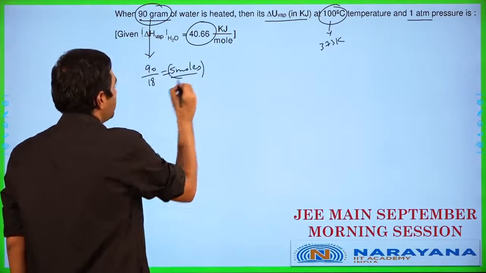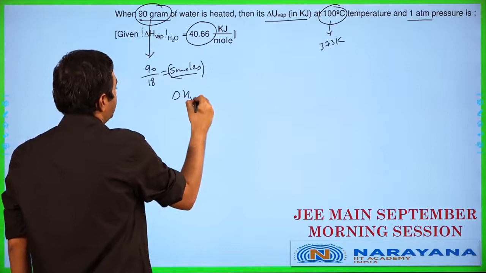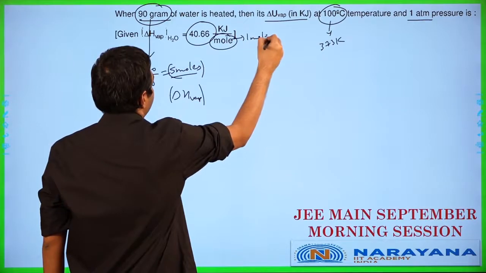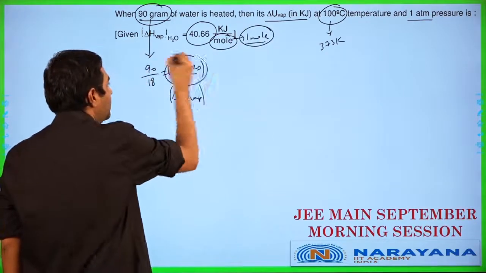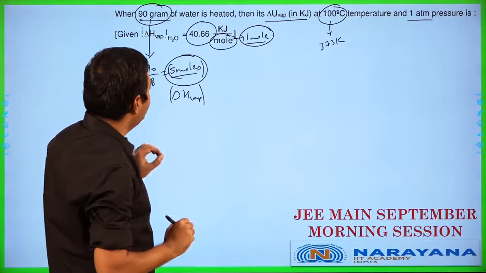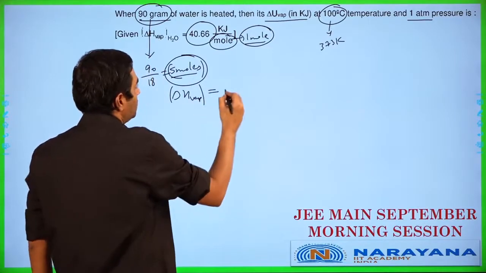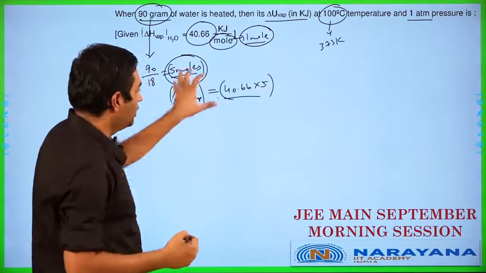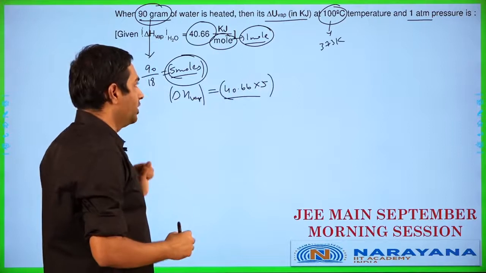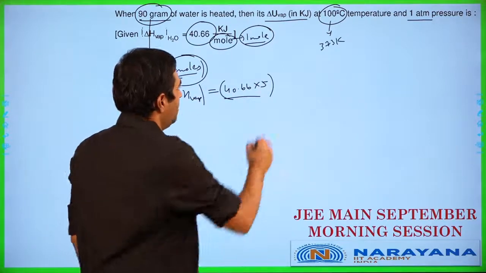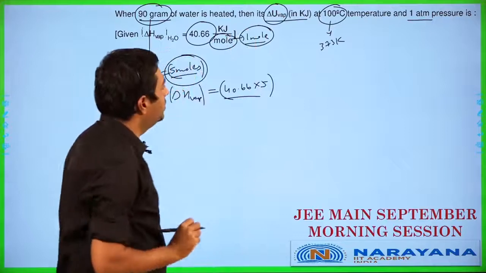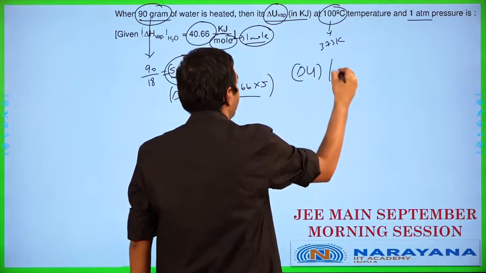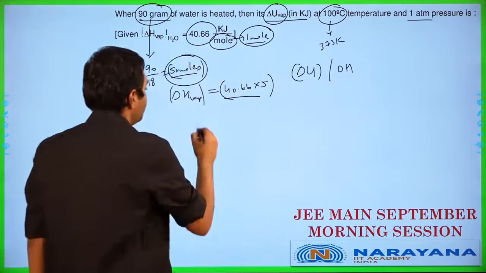So let's start off in this particular case. We have delta H vaporization given to us for 1 mole over here. We need to calculate for 5 moles. So if I have to calculate for 5 moles, what is the value going to be? The value here works out as 40.66 into 5. So this is the delta H vaporization, but they are asking us for delta U vaporization in kilojoules for this particular data. So delta U is going to be related to delta H via the standard equation, which is going to be like this.